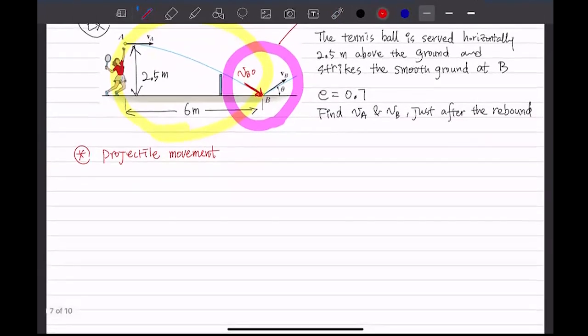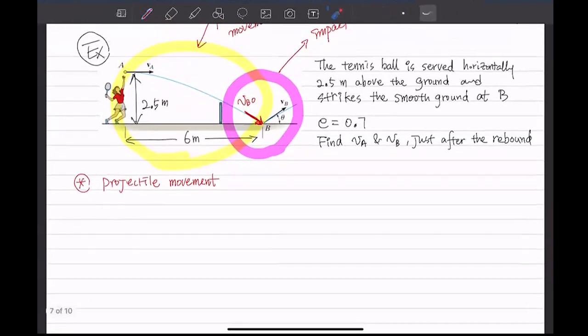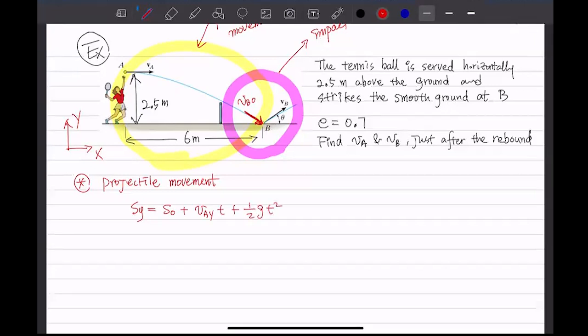Okay, so anyway, if we first think about this projectile movement of the ball, it was hit, or it has an initial velocity in the horizontal direction, and this is flying down and it hits the ground. That's it. So of course, we do the axis thing first, and the displacement in the y direction is going to be S naught plus VAy T plus 1/2 G T squared, right? And we know